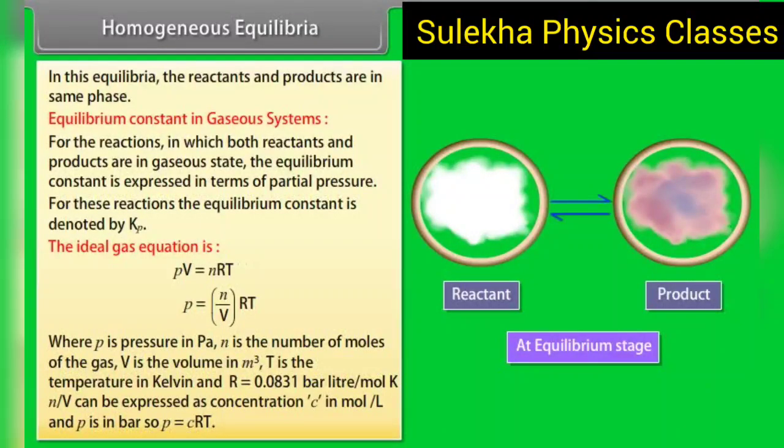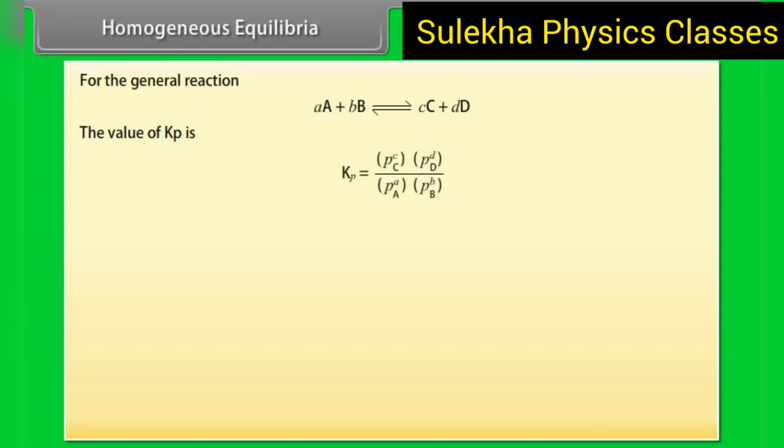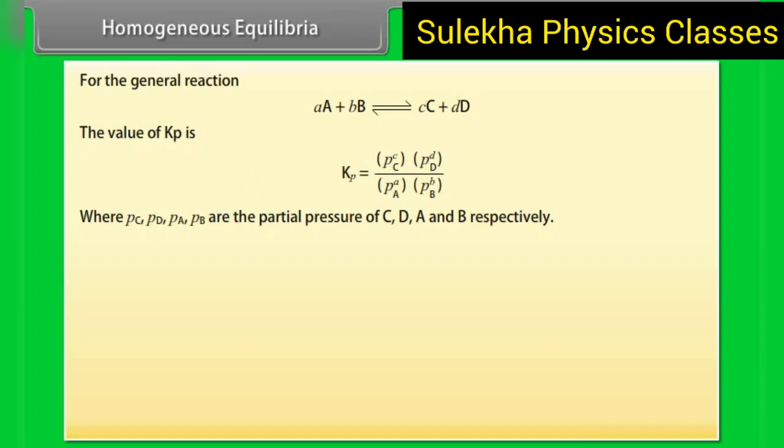N by V can be expressed as concentration C in mole per liter, and P is in bar. So, P is equal to CRT. For the general reaction, the value of Kp is given by the expression, where Pc, Pd, Pa, Pb are partial pressures of C, D, A and B respectively, and it can be solved to